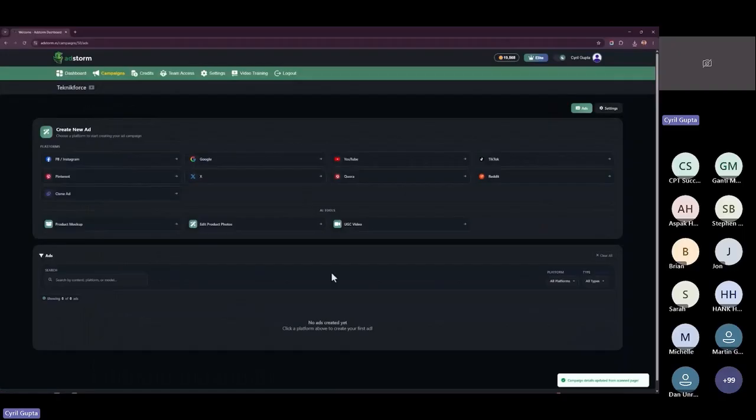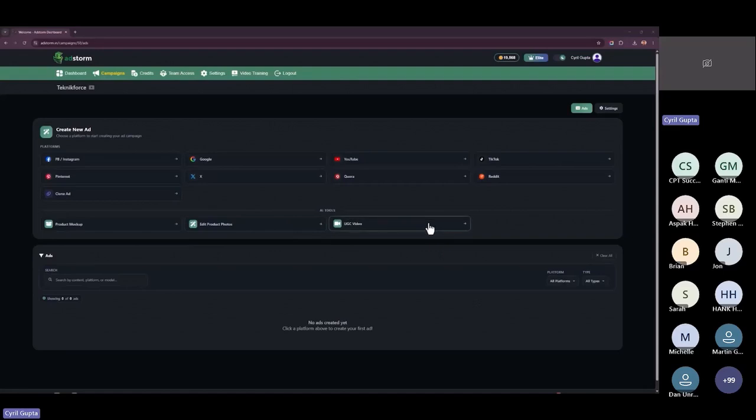Now you can create ads. So when you click on ads over here, you can see that Cinemation lets you choose platforms like FB and Instagram. They're both owned by Meta. They have the same ad formats. Google, YouTube, TikTok, Pinterest, X, Quora, Reddit, and you can even clone a third-party ad. So if you like an ad and you want to use it as an inspiration to create your own ad, you can do that legally. You can just put that ad inside of Adstorm and it will clone it. And of course, I will show this feature to you very soon in detail. Adstorm can also create product mockups and edit your product photo. So if you upload a product photo, it can edit it, change the way you want to change it.